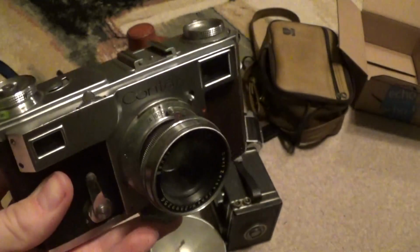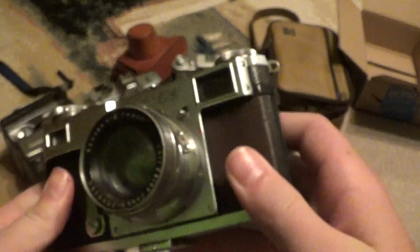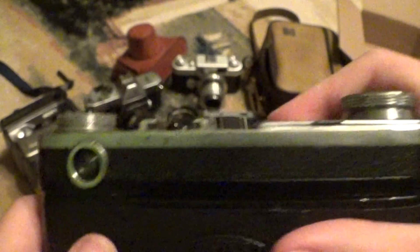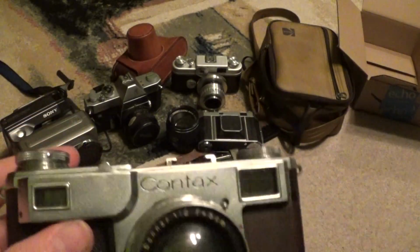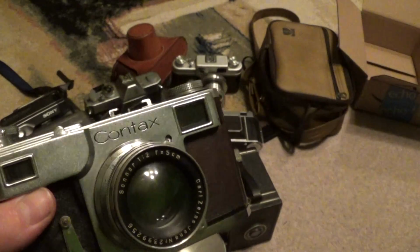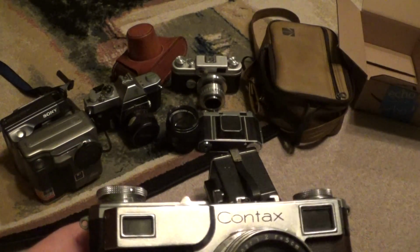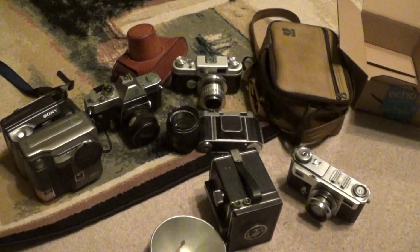So I asked them. They had it on display. It was being used only for display purposes. I asked them, what kind of Contax is that? They brought it down. I looked at it for a while, and I asked them, would you sell it to me? And they told me, sure, $5. I've never pulled money out of my pocket so fast. I brought it home. I fiddled with it for a little while. I realized the shutter button was locked down and tested it. It is fully operational. However, it is a bit sluggish on the slow speeds. Yeah, that's right. I bought a working Contax 2 for $5. I know that sounds super braggy, but